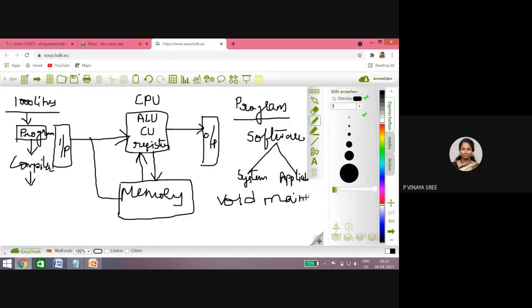I'm not writing the preprocessor, all those. You will be writing void main, and you will start with declarations of the variables that you want to use, so int i, like that. And next, if you want to go for an addition, you will be writing a = a + b. This one will be called an instruction, and this one will also be called an instruction. An instruction is an order given to the processor to execute.